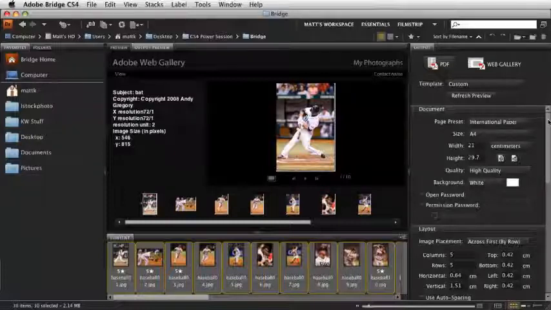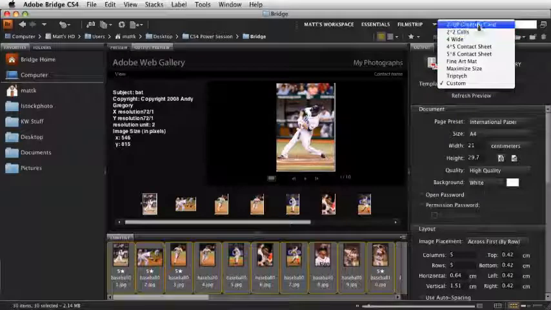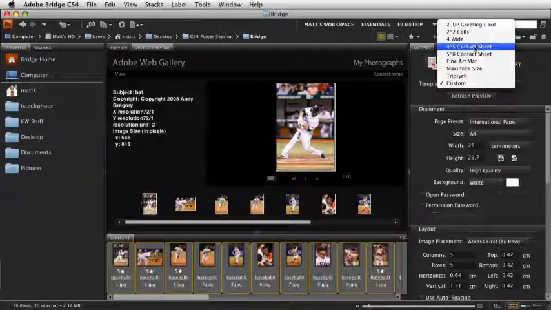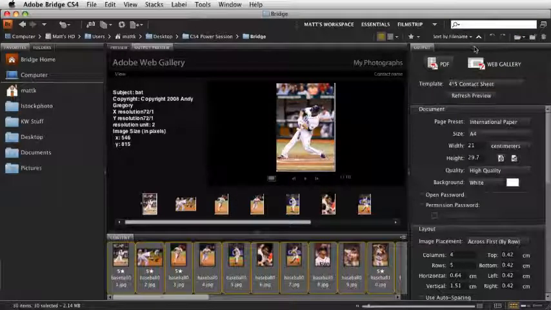We wanted to send them an official presentation that they could open up and view large on screen, then we can use PDF presentation for that. So you'll see up here inside template, you've got some different options inside there. If you want to create a contact sheet, you can choose one of the contact sheet options, and then you